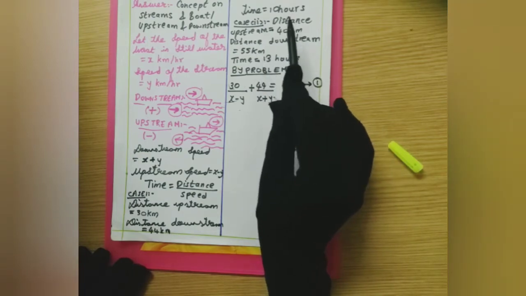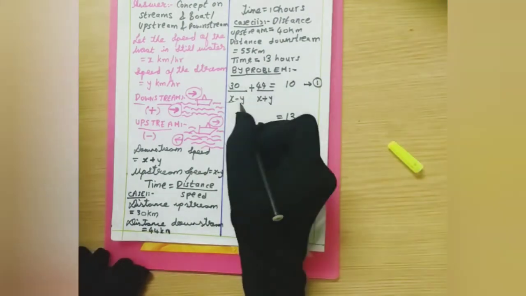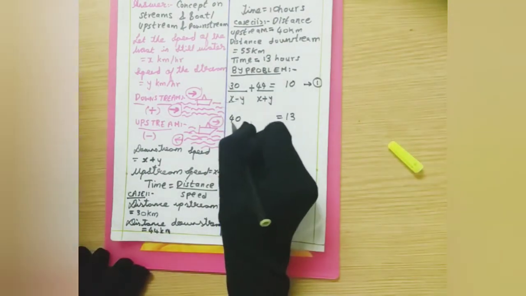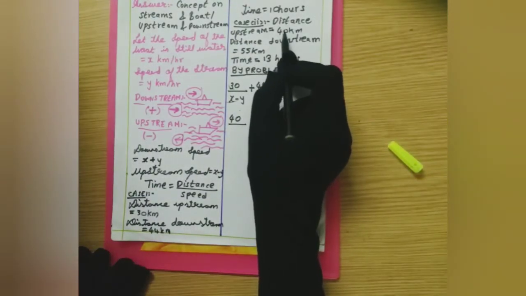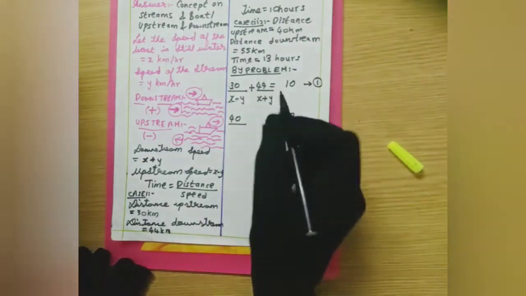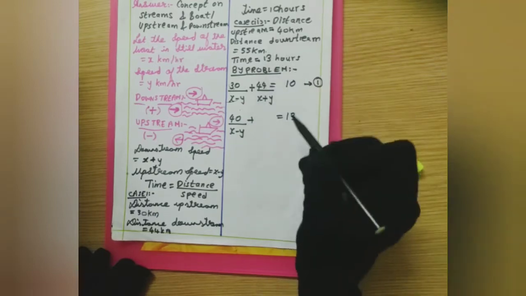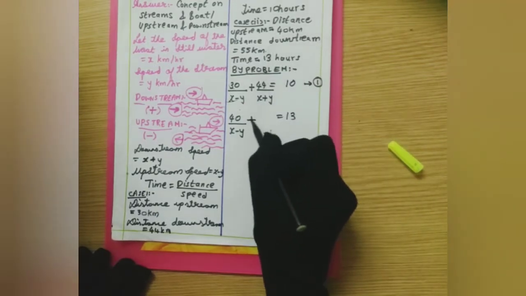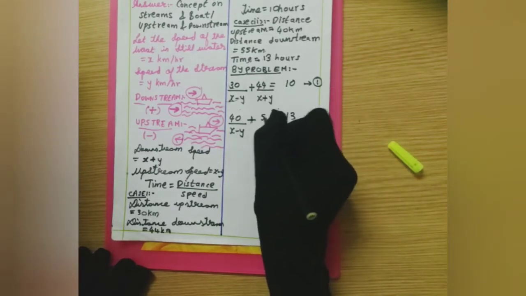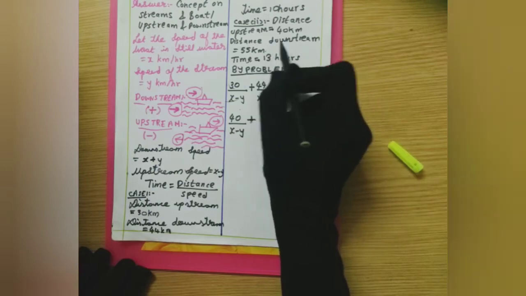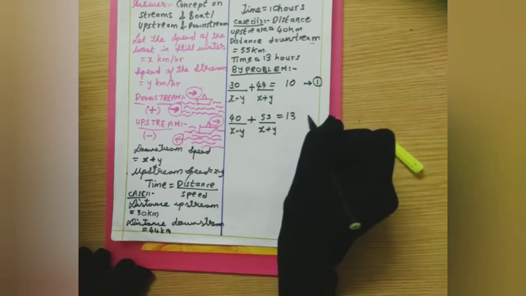So how to find out time? This is distance, right? I need to find out time. Again, time is equals to distance by speed. I know distance is 40 kilometers, so 40 by speed. What is the speed here? I know upstream speed is x minus y. Now it is when we add both the times, then only I'm getting 13 hours. So I need to have plus, and means plus, remember that. Then it is given me 55 kilometers and 55 kilometers is what speed? It is downstream speed. So what is the downstream speed I have? x plus y. So 55 by x plus y. This is my second equation.